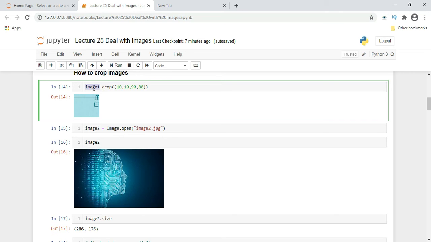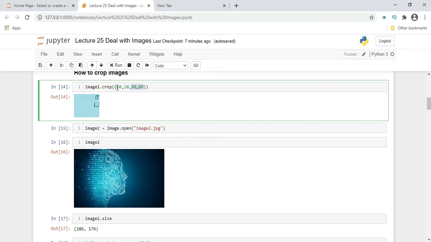So here image1 is our variable name dot crop. Inside the braces there is another brace where we are putting x and y coordinates. So 10, 10, it will start from the top left, from length 10, from breadth 10, and it will go till 90 and 80.